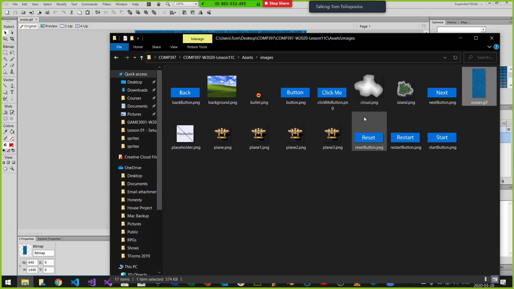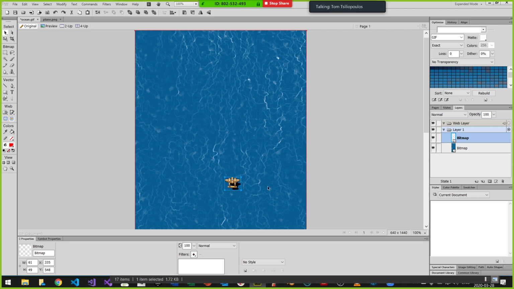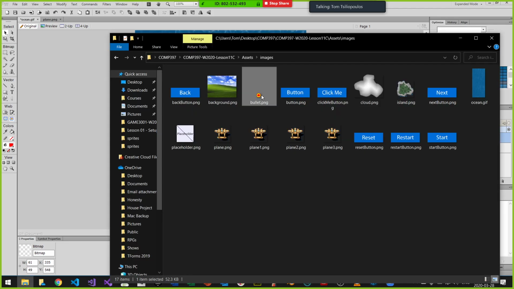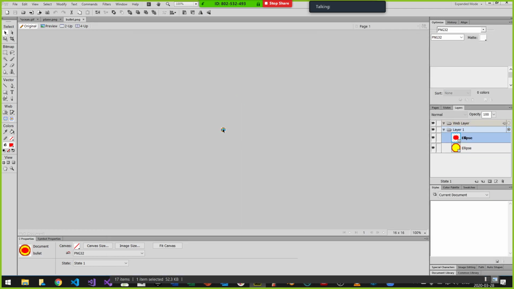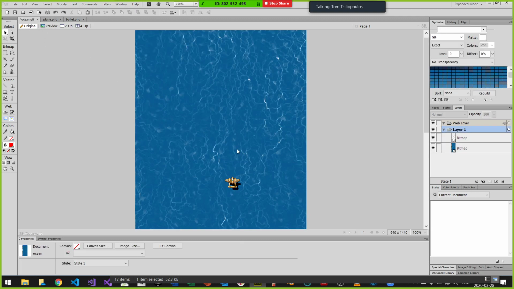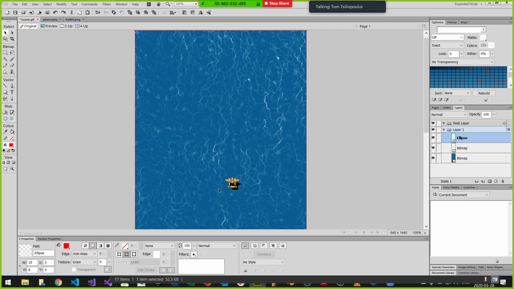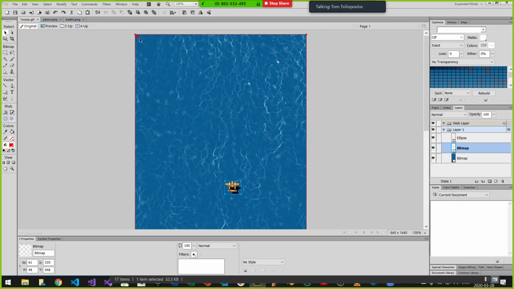So here's our ocean, and then we have our plane, let's say. I'm just going to copy and paste it onto the ocean. There it is. So here's our plane. And I have a bullet. Here's my bullet. This is all inside your assets, by the way, so there's nothing for you to add. So my plane, and here's my bullet, and it's going to ask me to resample. Don't resample. And where is my bullet? Oh, there it is, right on the top.